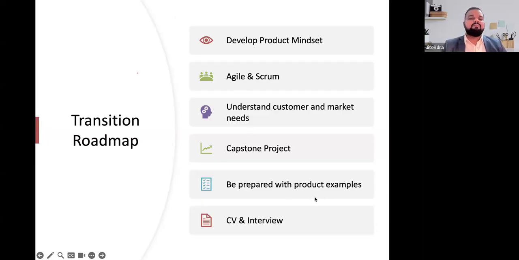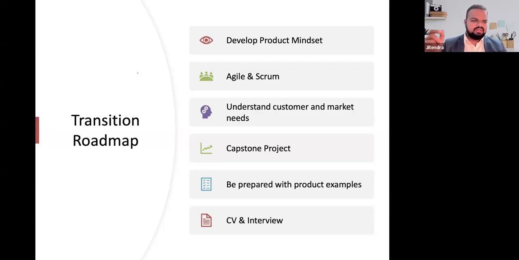Next one is interview questions. The good thing in this interview is that the product owner is not a tech role, so the questions are quite limited. There are various scenarios, but specific scenarios. For those scenarios, for every question, you must have an answer which includes a product example. You should be preparing for it.